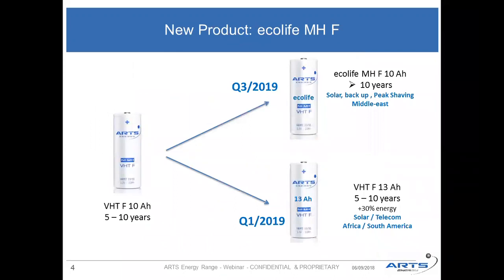So you know that we are proposing many sizes, but we are strongly involved in big cylindrical cells. The VHTF 10 amperes is a very famous cell today on the market. This product is dedicated to 5 to 10 years life duration applications, mainly outdoor, with demanding applications. And so, starting from this cell, we are going to offer to the market soon 2 additional